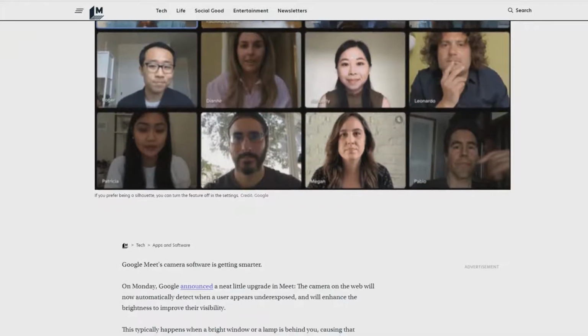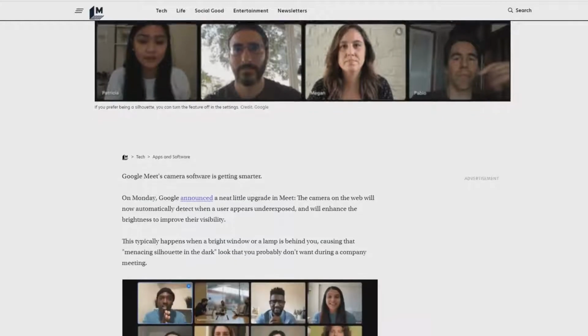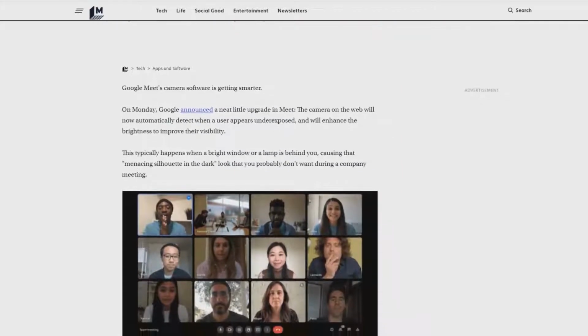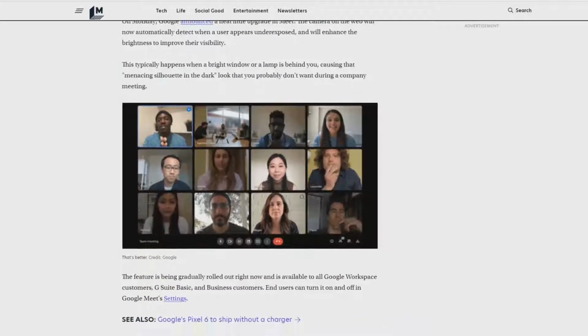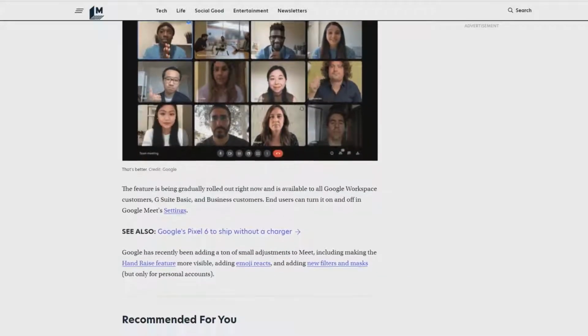So you'll be able to adjust underexposure of an image, given that the camera in the past would adjust exposure based on it thinking that you are overexposed. So this way, it doesn't make the photo super dark and will give back your exposure to your face and the rest of your body that's on camera, which I think is a great change. And I'd love to see this come to photographs in general for smartphone cameras, where it's like, oh, this is noob mode, where you are taking a photo in front of a window